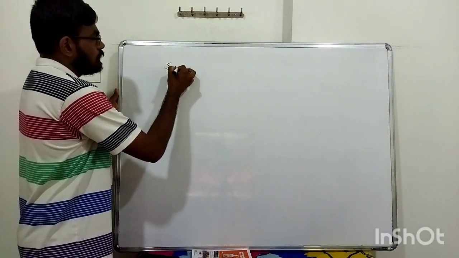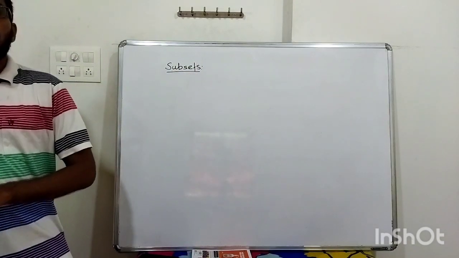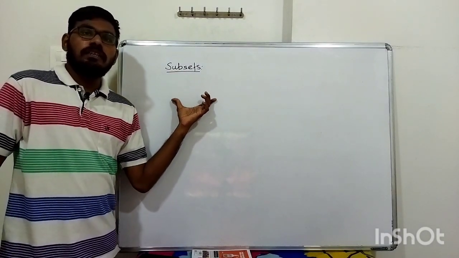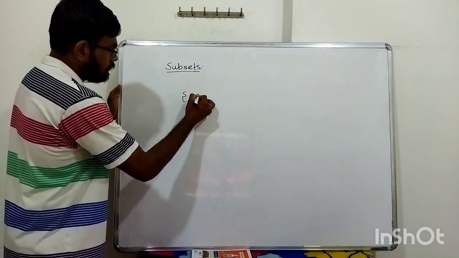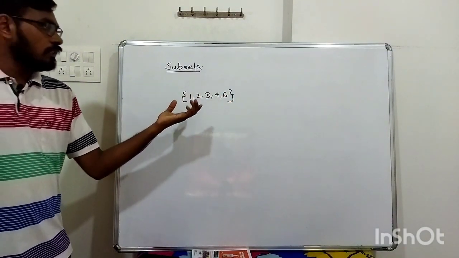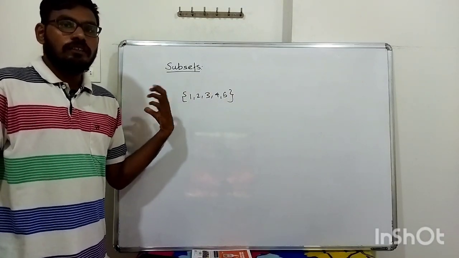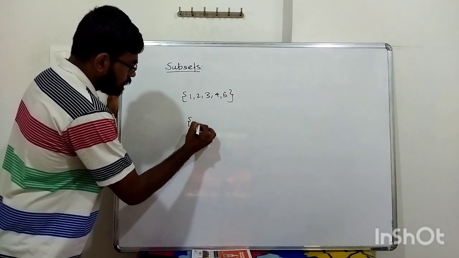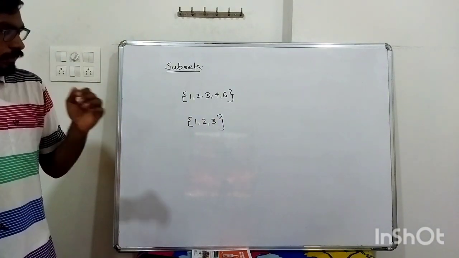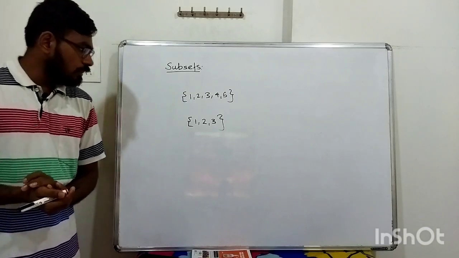Today we'll learn subsets. So what is a subset of a set? A subset of a set means just a part of the set. For example, we have the set {1, 2, 3, 4, 5}. Then you can take all the elements, or you can take a few elements, or without taking any elements out. If you write a set, for example, I am taking a few elements out, so this is a subset of this. So by definition, what is a subset?